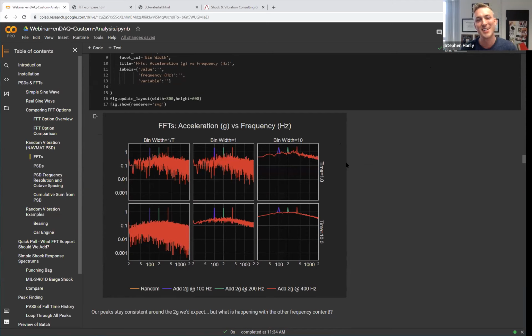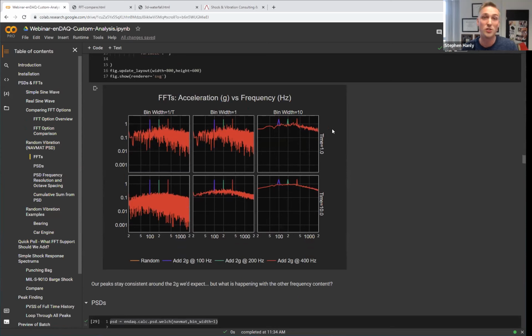And that's problematic. That means, this is the same acceleration time history, it's just computed a little differently or sliced differently, maybe 1 second versus 10 seconds, but they should have resulting frequency analysis that looks similar. But with an FFT, you may conclude that these are two different environments when in fact they are the same. So that's the big issue with FFTs: when you don't have perfect sine waves and perfect resonances, the other frequency content can become